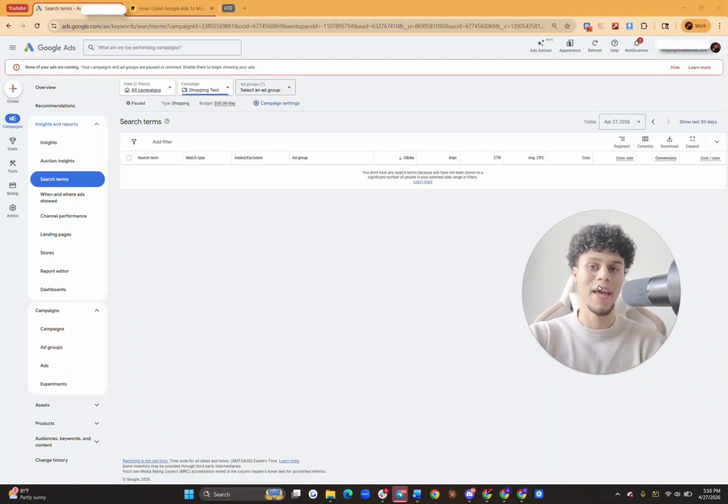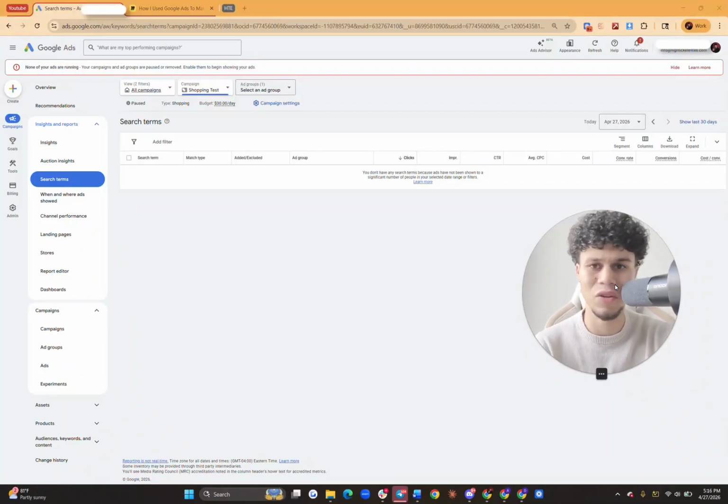Your job when you're running these shopping campaigns on a day-to-day basis is to come into these search terms and ensure that you're actually being shown for keywords and search terms that are going to lead you to making sales, okay? So if people are searching up things that have nothing to do with your product, if they're searching up ideas, if they're searching up anything that doesn't have to do with your product, this is where you add that term as a negative keyword, thus blocking Google from ever spending money on that key term again, okay? So you're going to be seeing this right here again under your insights and reports and under your search terms, okay? Now let's scroll down here.